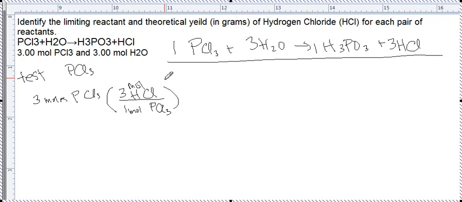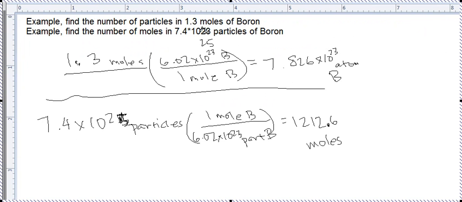Alright. Now that I'm dealing with moles of HCl, what was the problem I'm looking for? What I want to figure out is how many grams of HCl am I dealing with? Well, in that case, I would need to use the molar mass to convert hydrochloric acid into grams. And in order to do that, I basically just look up, let's see, there